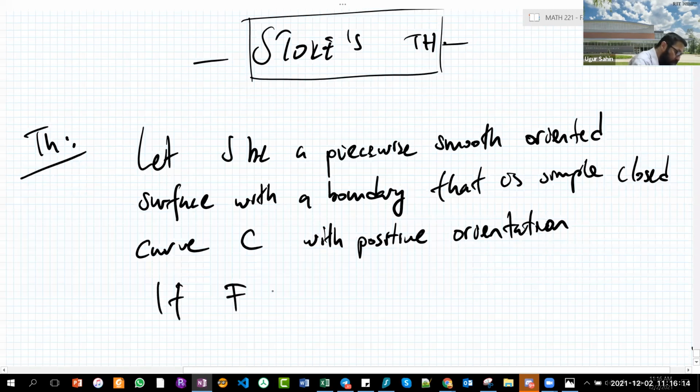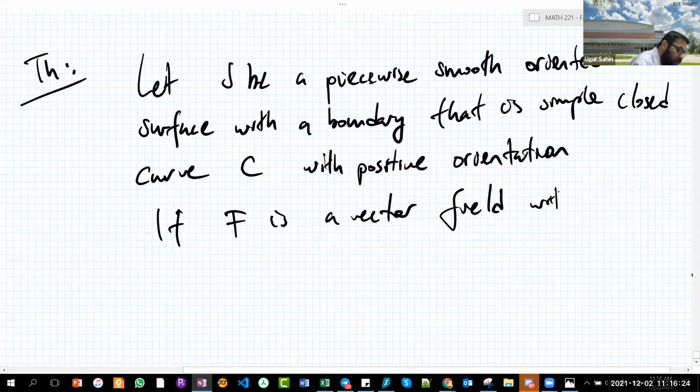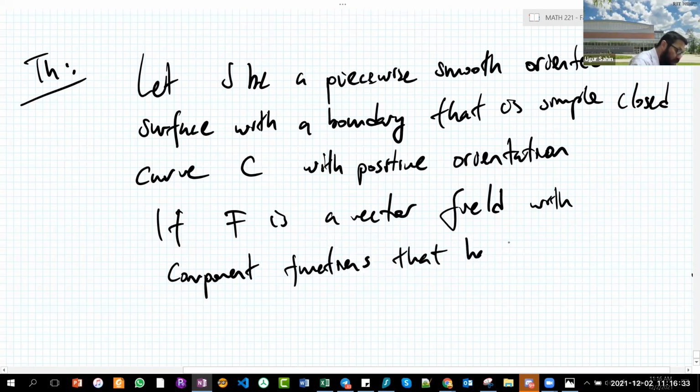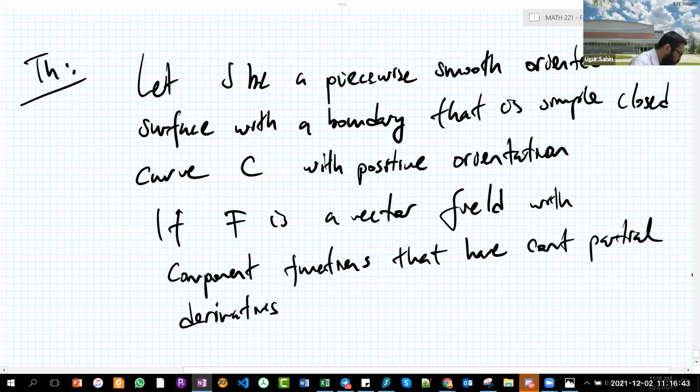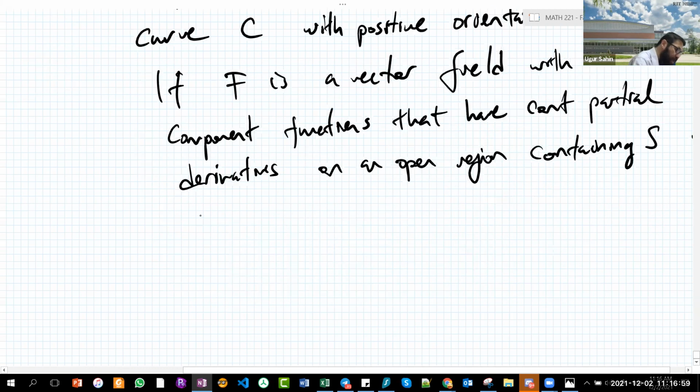If F is a vector field with component functions that have continuous partial derivatives on an open region containing S. You see, we have a lot of different assumptions here. Then